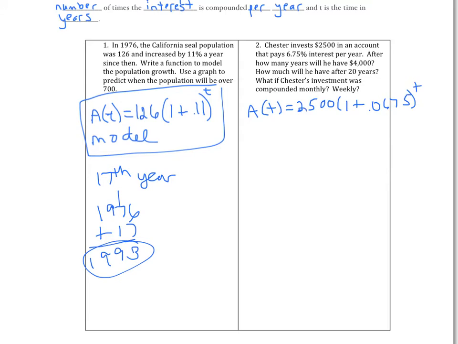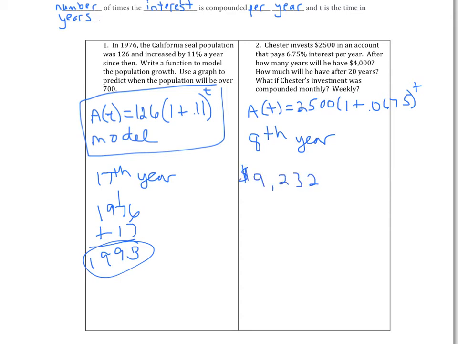And then in order to find out when we will have $4,000, we can put that into the calculator. Putting the equation into y equals, and then looking at second graph to see the table, we notice that at 7 years we have 3,900, and at 8 years we have 4,200. So that would be the 8th year we'll have $4,000. And then how much will we have after 20 years? If I scroll down to 20 years, we will have $9,